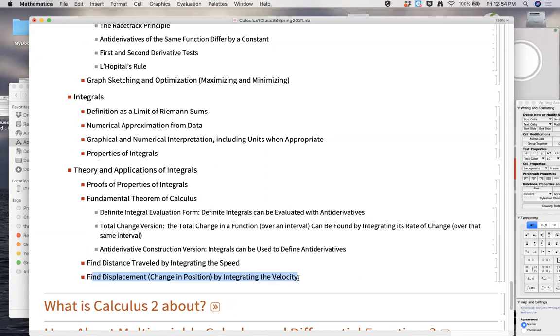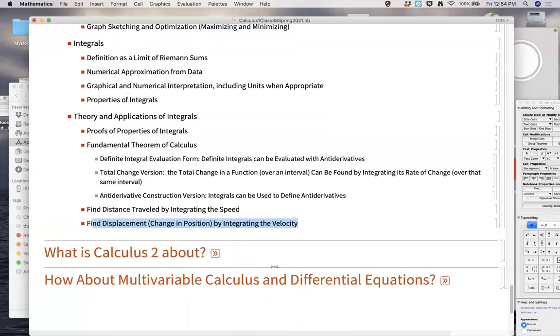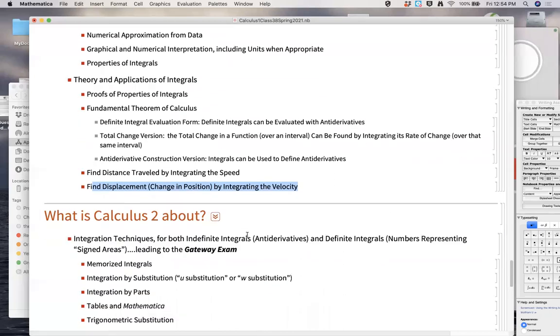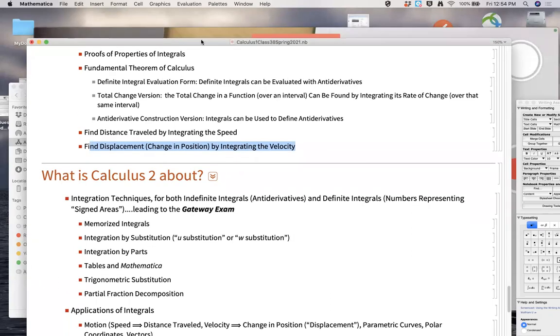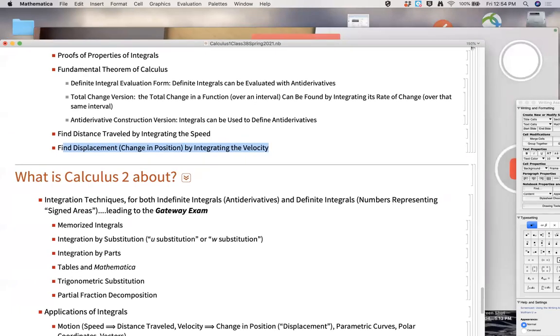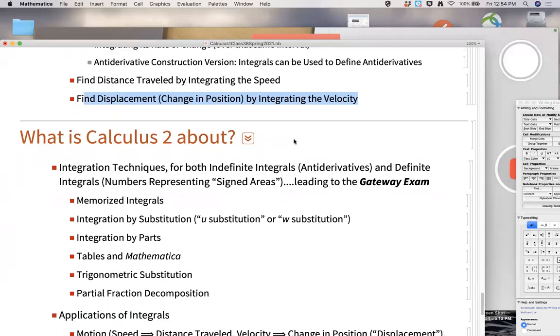If you end up taking Calculus 2, how would I summarize the topics in Calculus 2? Well, first thing we do in Calculus 2 is we review integrals, like we've been doing here at the end. And then we come to a point where we realize computing integrals really is harder than doing derivatives. In other words, finding antiderivatives is definitely harder than derivatives. There are some certain ones to memorize,